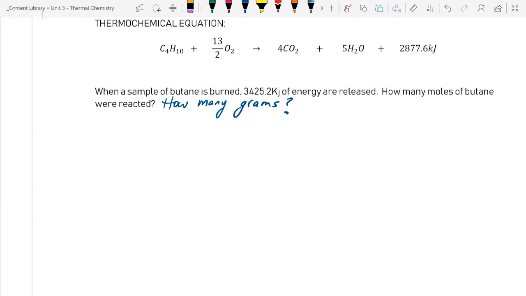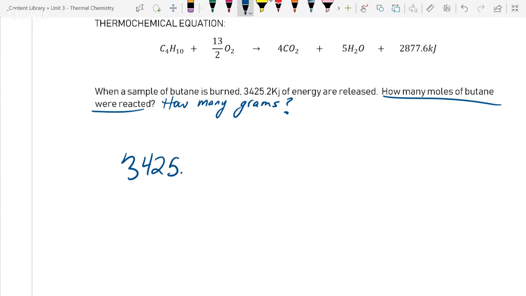Okay, so help me out. What's going on here? How do I calculate this? We're doing the first part. You're going to tell me how many moles of butane reacted. Well, you're going to tell me how to find it. Cool. That should be a capital J, by the way. So I want to convert from kilojoules, which you put at the bottom, and on top I want to put